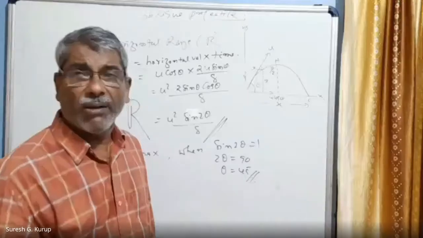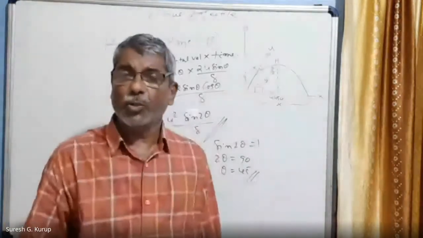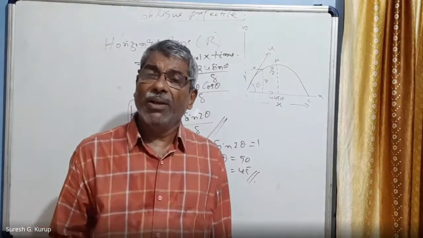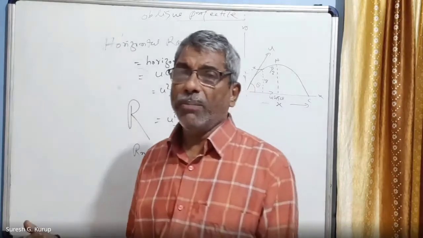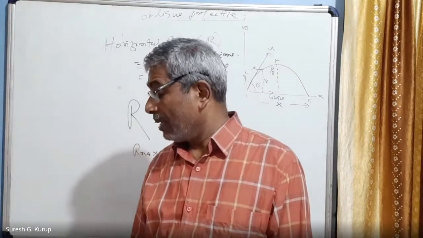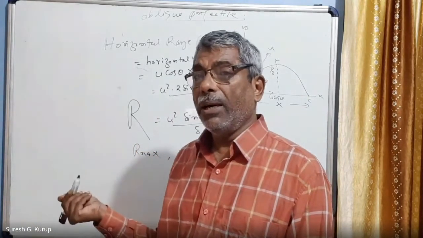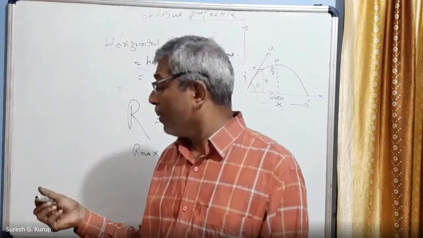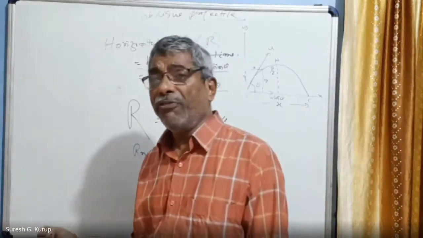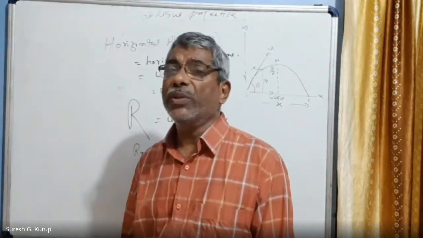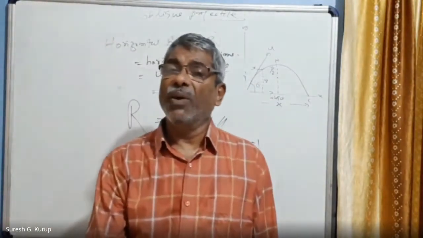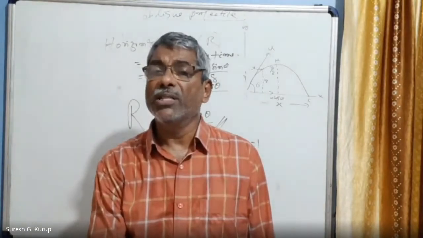Right? We have very expert athletes who use javelin throw. To project the javelin so that it covers the maximum horizontal range, what do you have to do? The athlete has to keep the javelin at an angle of 45 degrees, which it makes with the horizontal. Then after projection, the javelin will move and will cover the maximum horizontal displacement, right?